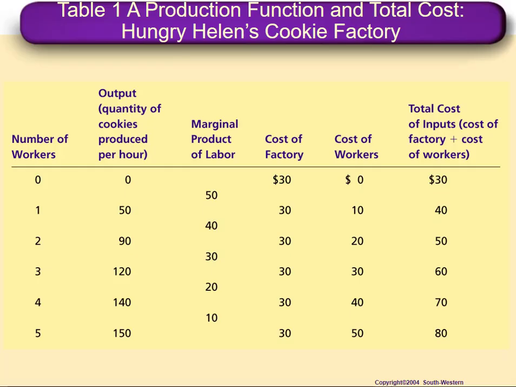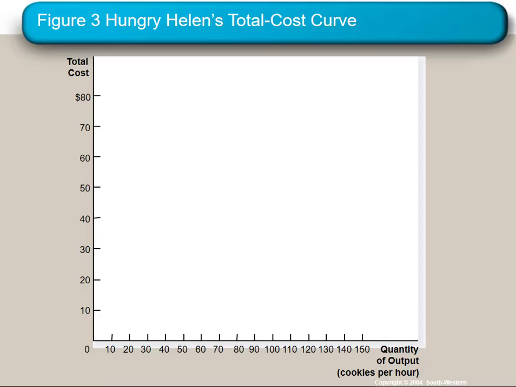We'll go back to the table that we saw before, and we can see the first 3 columns have the number of workers and the production data, and the last 3 columns, as we talked about before, particularly the last column, has the total cost of production. We can relate the total cost of production, what's in the last column, with the quantity of output, and we can graph that, and we get this total cost curve.